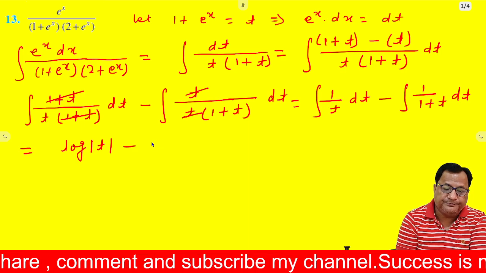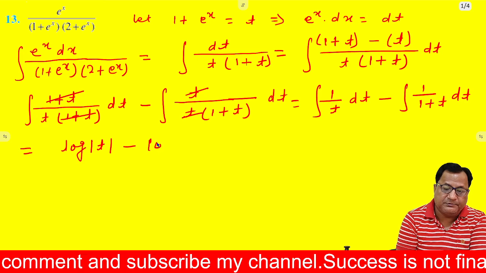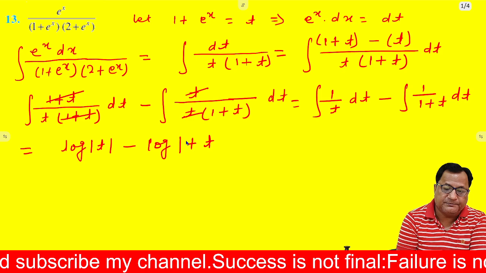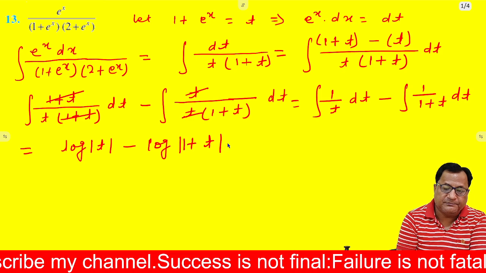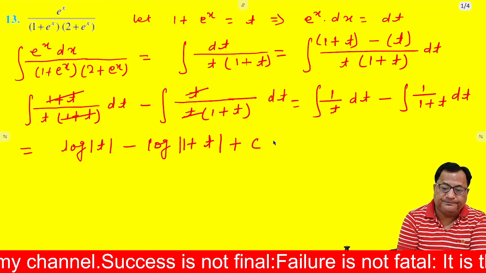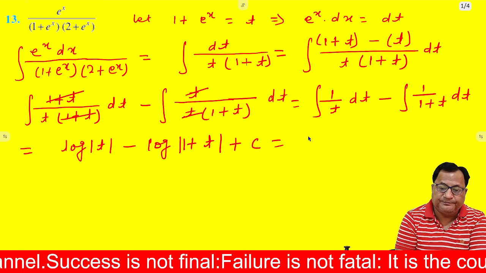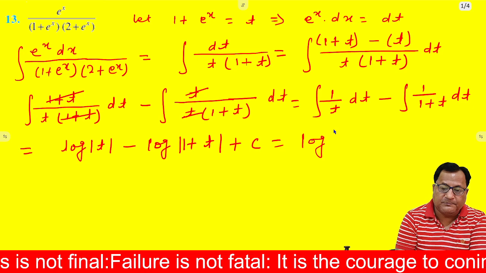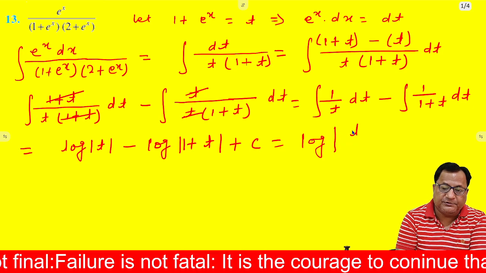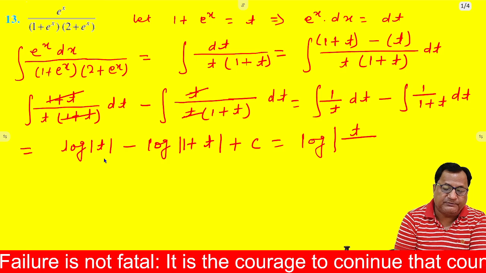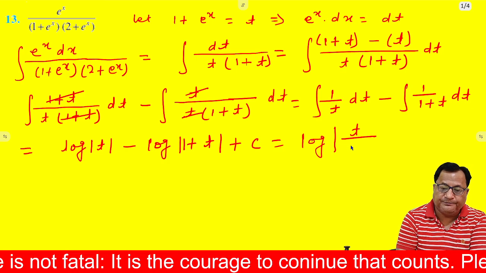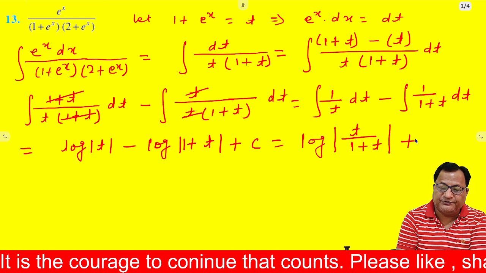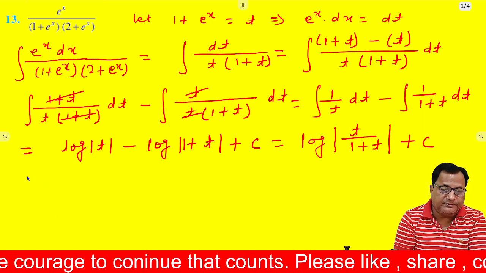minus log (1 plus t) plus c, equal to log of t by (1 plus t) by using the formula log m minus log n, plus c. If we put the value,